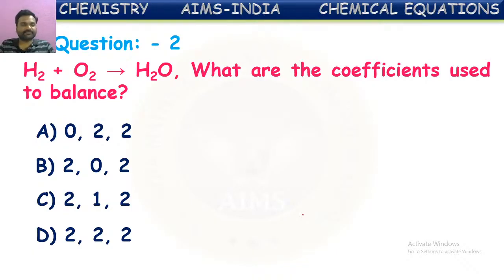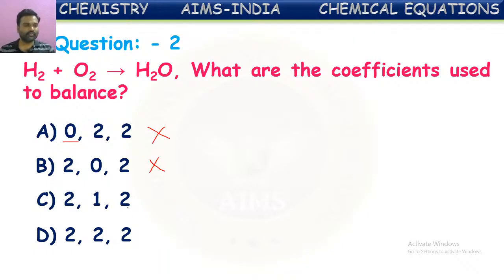Can you try for this? What do we get as coefficients after balancing this formation of water equation? Anyhow, 0 won't be there, so A and B won't be coming anyhow. As there are zeros representing no reactant involvement, these won't come under answers. So in these two we have to check once.